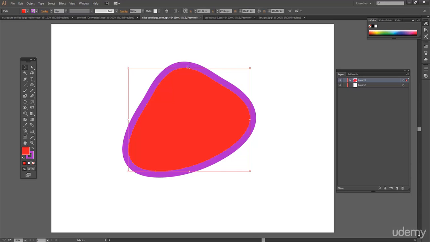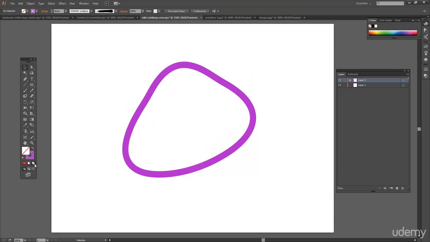So I'm actually going to take this and take away the fill. With the fill selected, I'm going to click on the no color option right here. Now we have a stroke and we have this line. And one thing that gave me a lot of trouble when I first started working with Illustrator was, this is basically kind of an effect that Illustrator is creating, but what if I want to make this into an actual